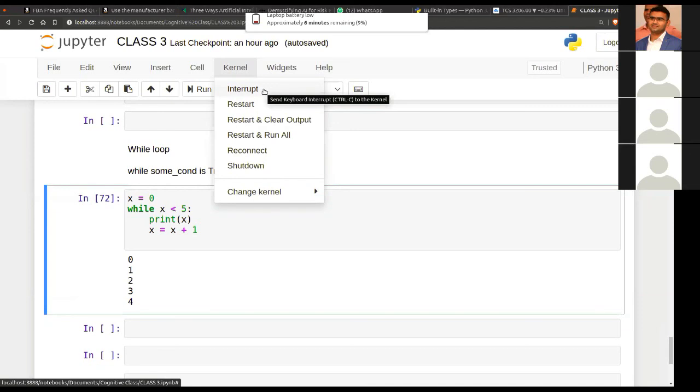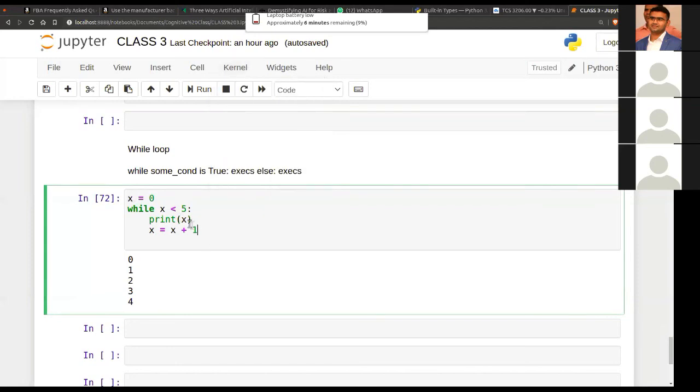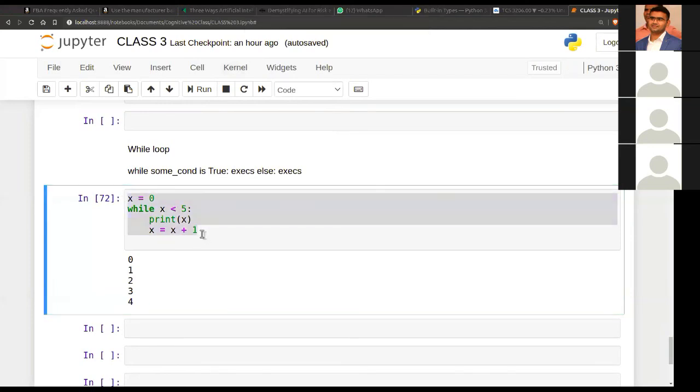So you hit restart and you need to rerun all the cells, right? You need to be more careful while using the while loop, right? It must have logic.